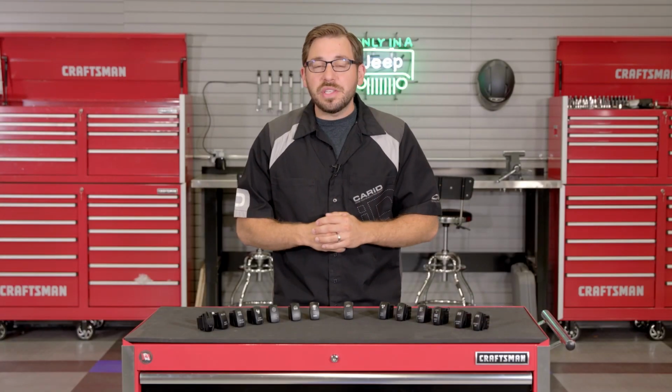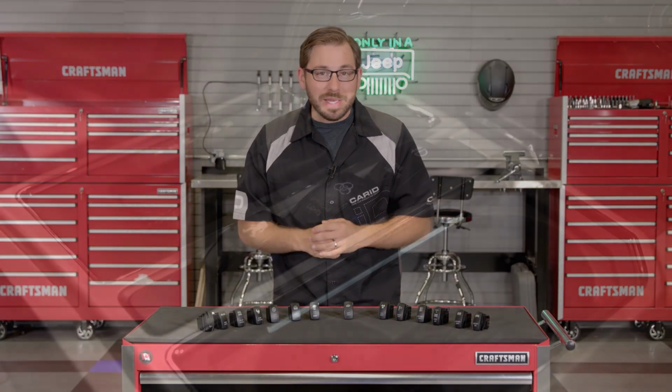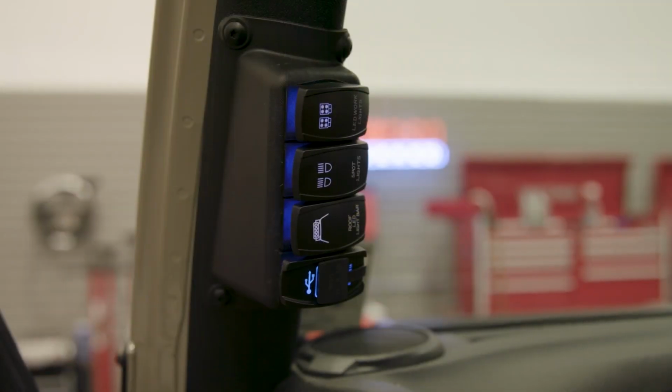One way or the other, guys, if you're in the market for an all-new LED light bar and you need a cool custom switch to go with it, I urge you to check out the all-new line of